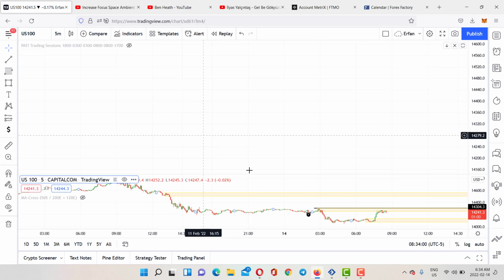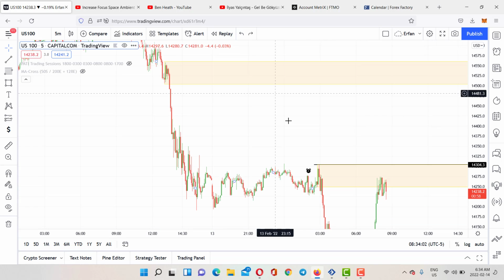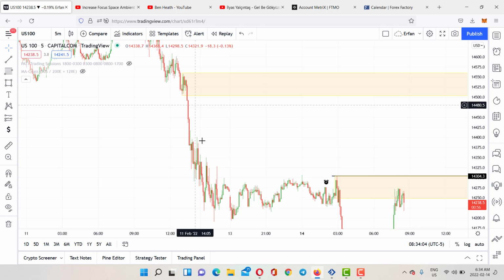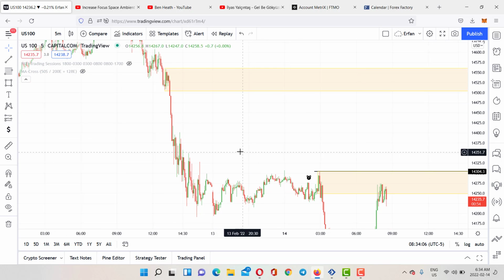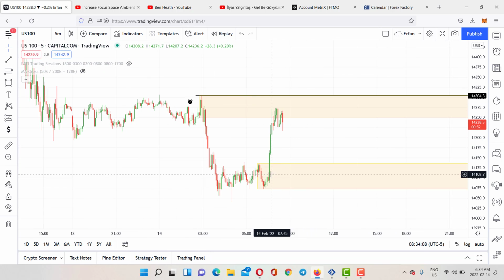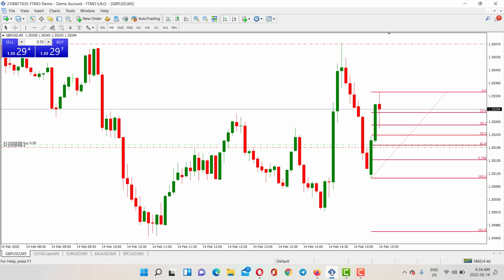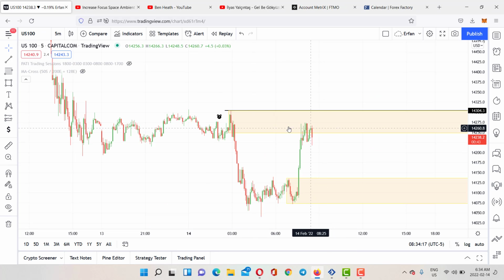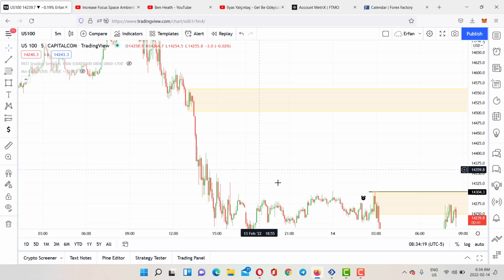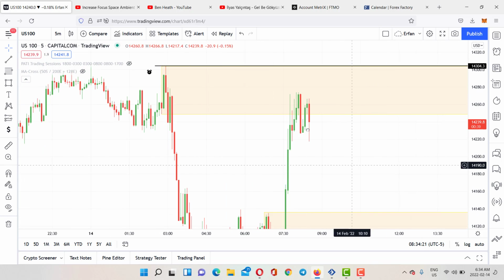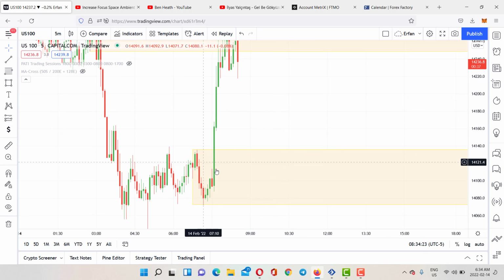But as I said, oh sorry, you gotta be careful with this gap as well. We have a huge gap here, so if you want to take a sell position, be careful, because you don't know what's going to happen exactly. But most of the times what's going to happen is that the price wants to go towards the unfilled gaps. And right here,